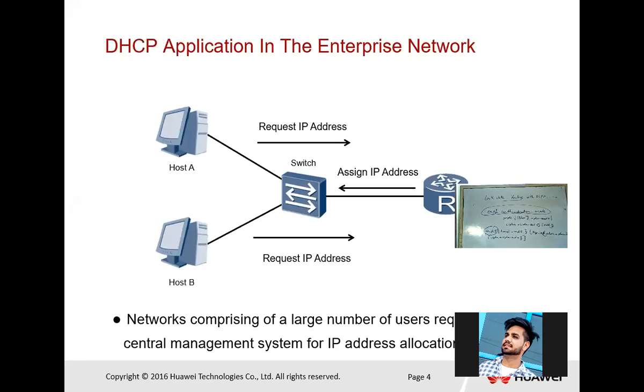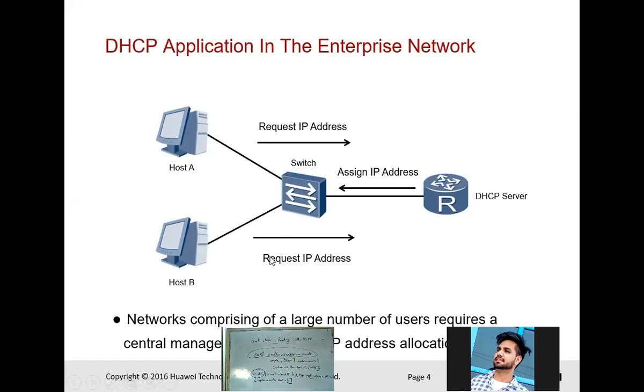So how does this process start? First, DHCP works in the LAN environment. Then the DHCP server, like an ISP, is where we are assigning the gateway address to the system. So first, it requests an IP address with the help of the DHCP protocol. First it will send an IP request to the DHCP server. Then the DHCP server assigns an IP address to the particular system from where the request came.